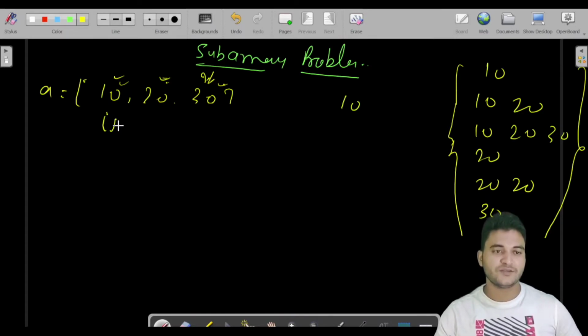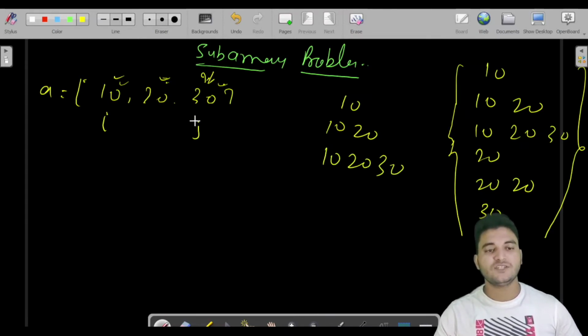Now we would move j to index 1. Now j is here, and we have to print all the elements from i to j. So i to j is 10 and 20. Again, now j is here, and in this case we have to print all the elements from i to j. There are two steps in this problem: incrementing the pointers and printing the elements from the first pointer to the second pointer. So first step is to increase the pointer, second is printing the elements, which from i to j is 10, 20, 30.